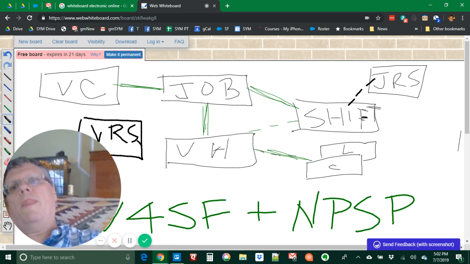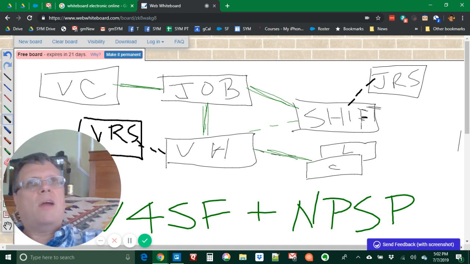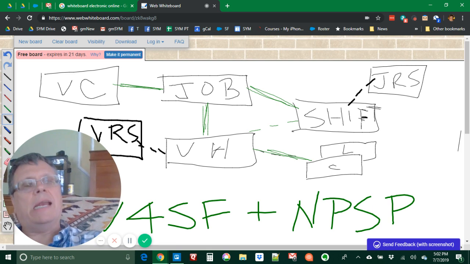And so if it is in place, when you save it or when the batch job runs, it will start signing them up for appropriate shifts that have availability and exist and match the time period that they said. And it has to match the time period that they said